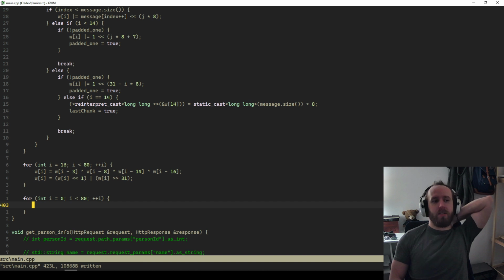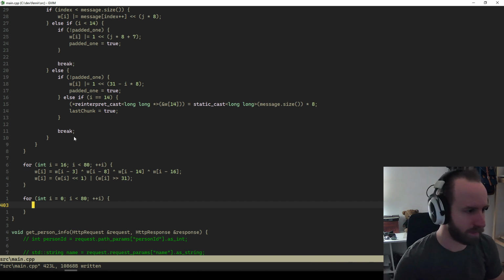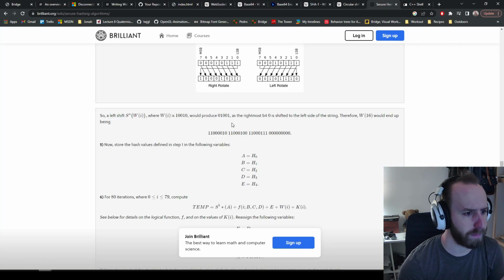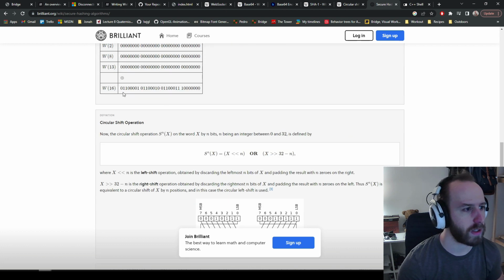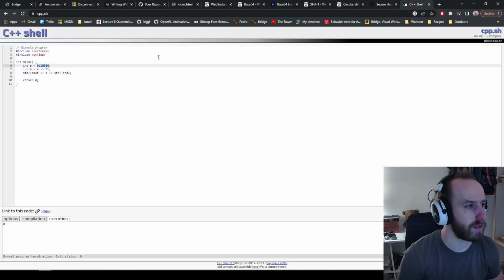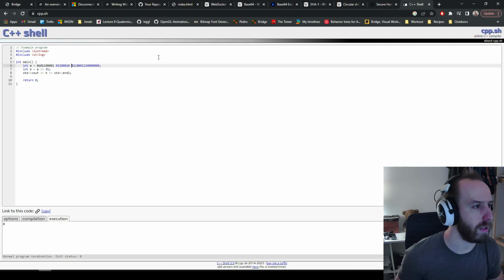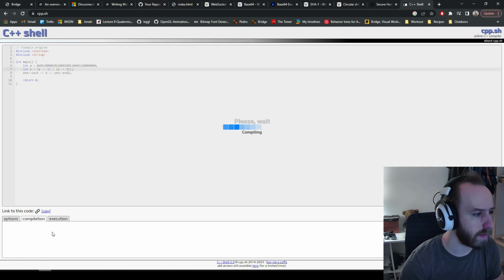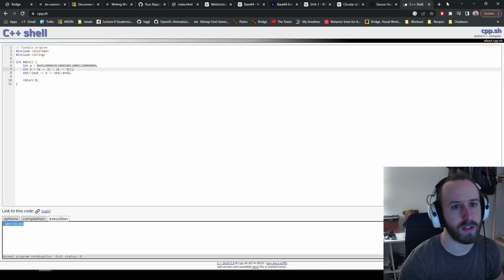I think that's correct. Let's say, for example, can we do this as an example? I think so. So let's say we have this 32-bit number, A, and then we do A bit shifted to the left, OR with A bit shifted to the right by 31. What is B? B is now this, and now if we say decimal, binary,